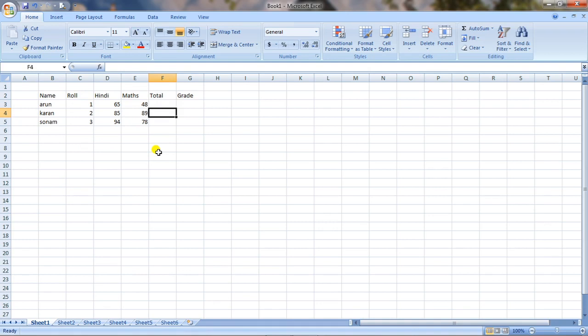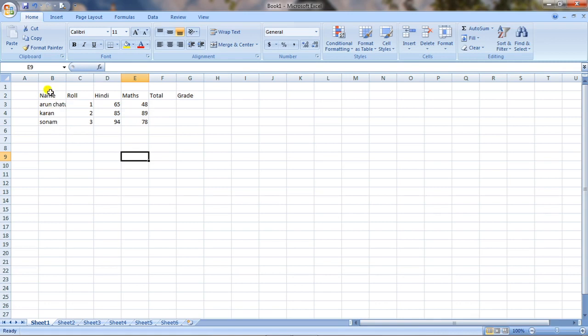So next, I will show you how to change the column width and row height. Suppose the name of Arun, okay, one more thing, if you want to add something to your pre-existing data, you can click here. This is the formula bar. From the formula bar also you can write like Arun Chaturvedi Kumar Yadav. Why am I writing all this? Because there is a reason. Okay, so if you want to edit,